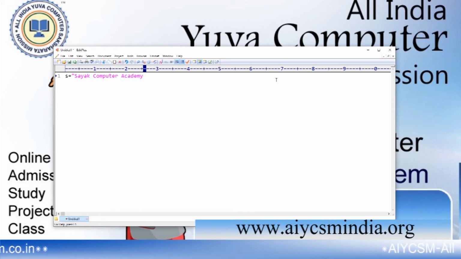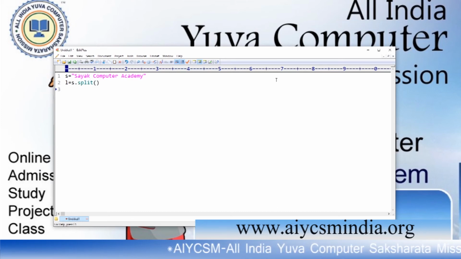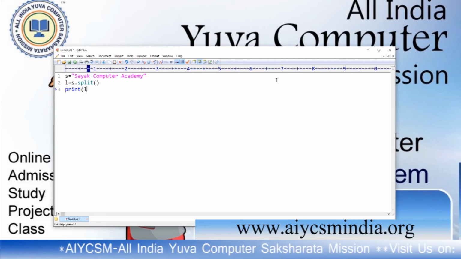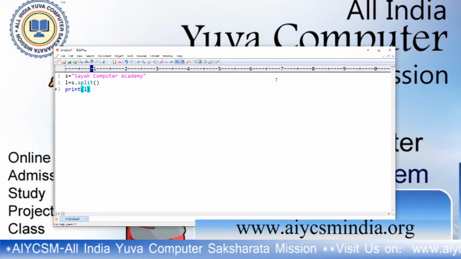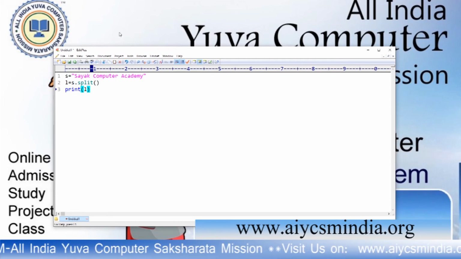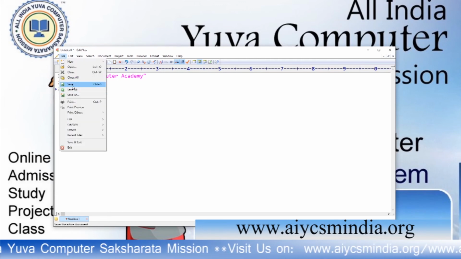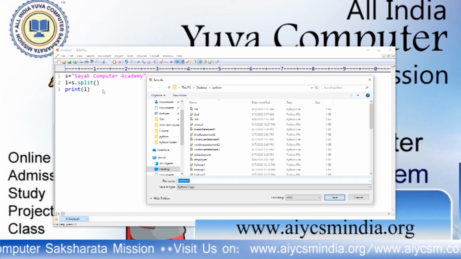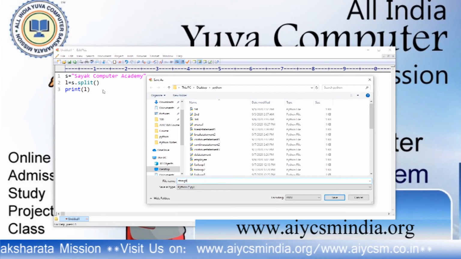Okay, L equals s dot split. If you are not using any parameter, then space will be the separator. Print of L. If I print L, it will print the value in the type of a list. Save it, string 9.py.